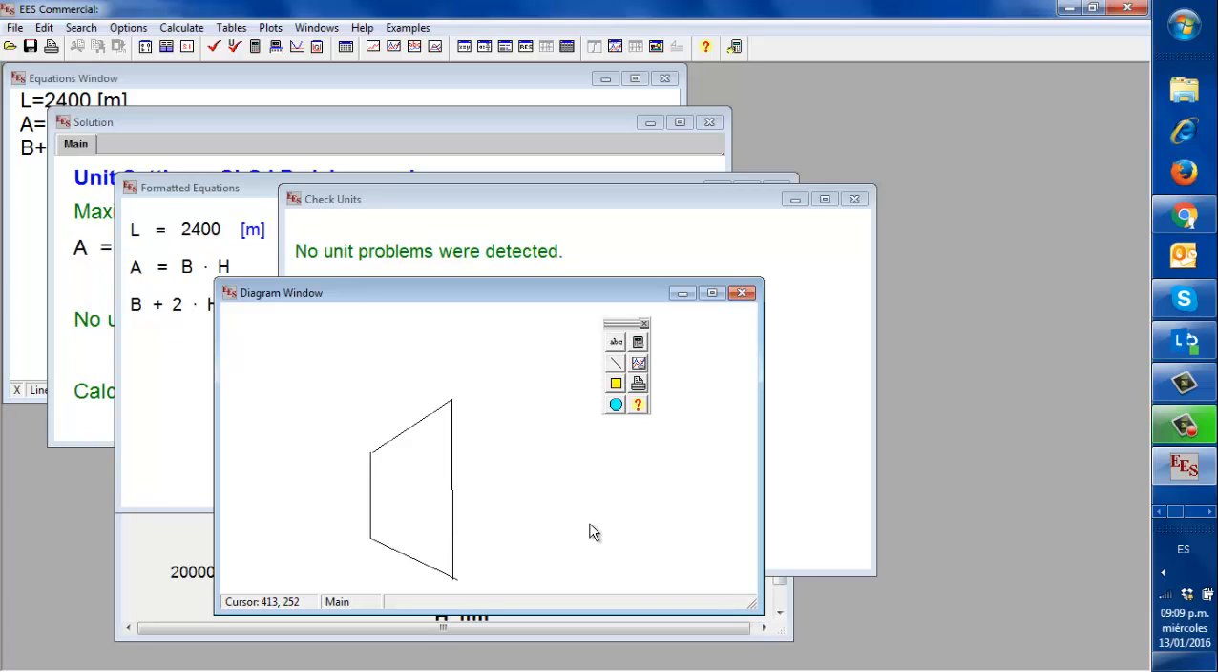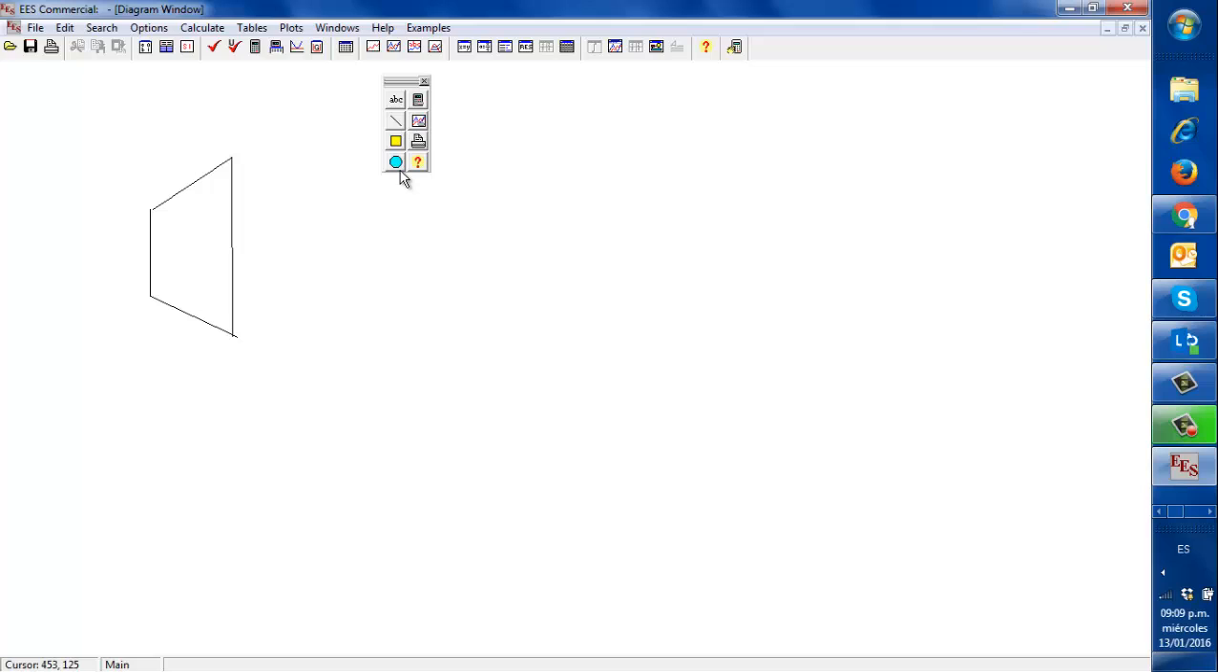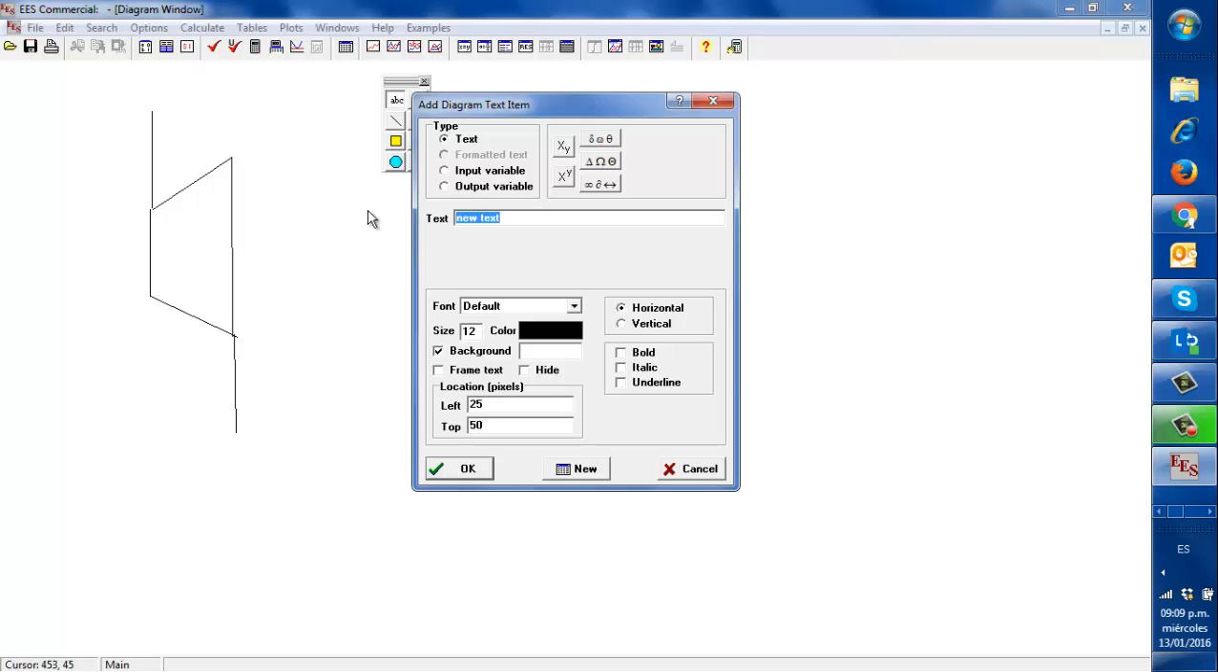Okay, so we have a turbine, and we have an inlet, and you have an outlet. Okay, and the inlet condition, we know that is